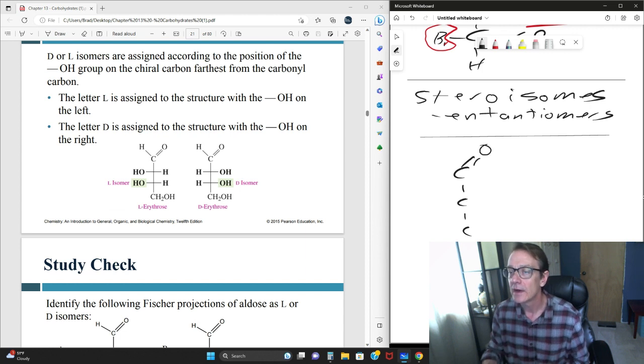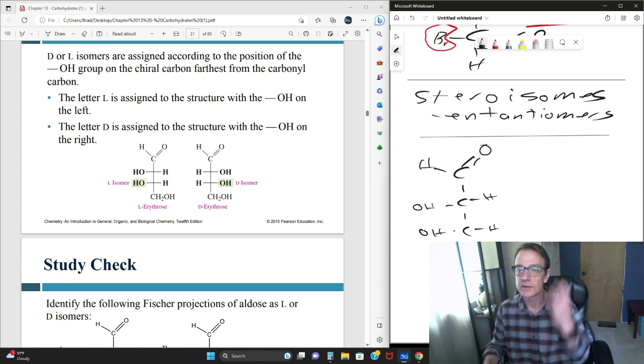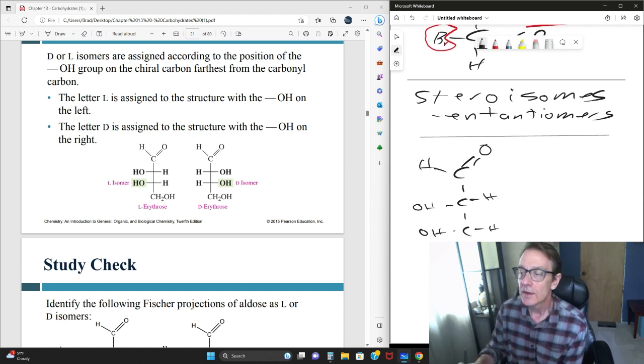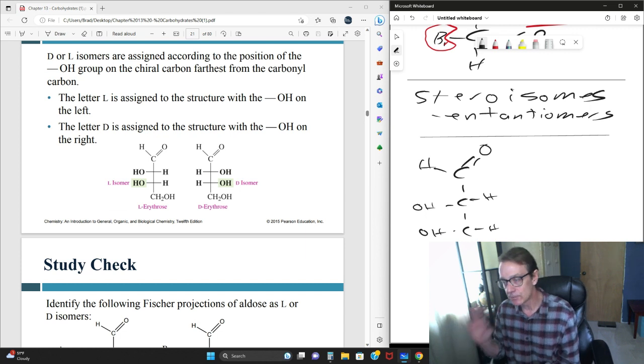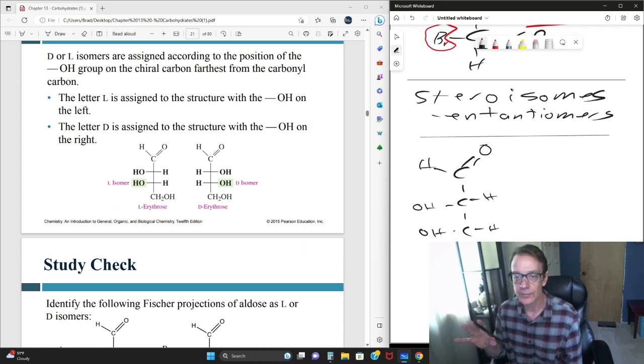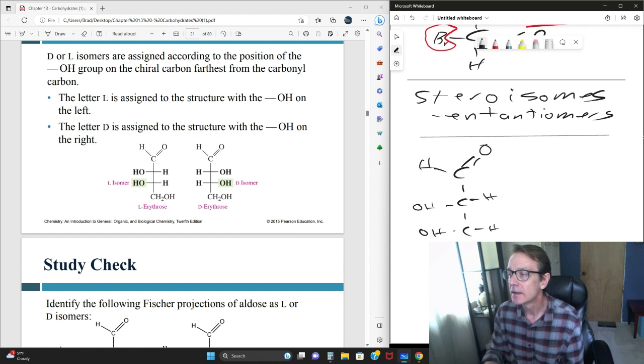4. Our aldehyde up top, hydrogen to the right. Hydroxyl off to the left with a CH2 on the bottom. And they just wrote CH2OH. Okay. So to assign left and right, or L and D enantiomers of this